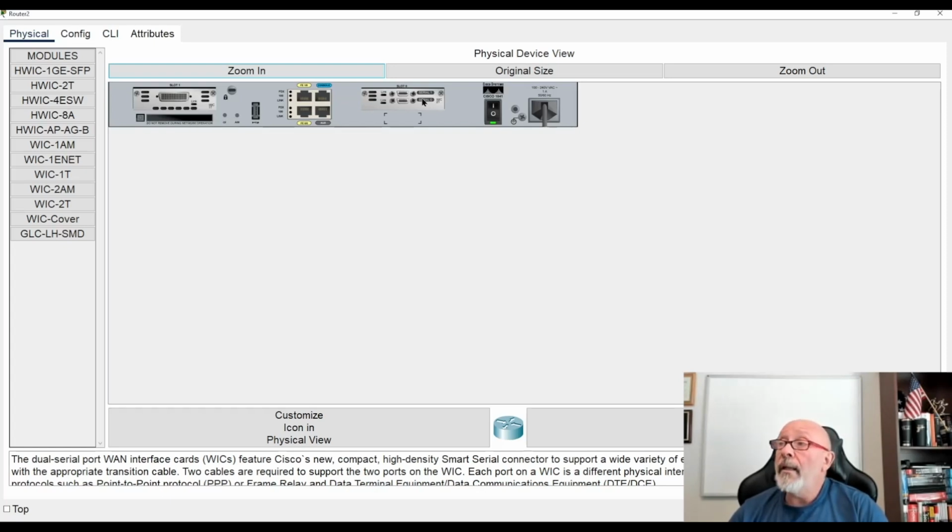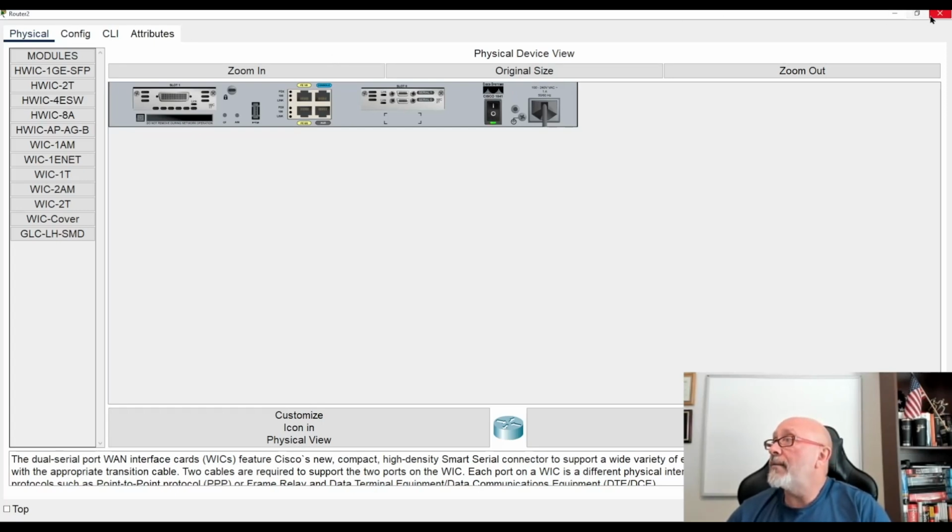Very fragile. Here, these are called smart serials. I don't know why. Okay. But you have more ports you can have on one router, and it has faster bandwidth. When we used to use these, you had to choose, well, not in modular routers, but in fixed routers, the S0, that was always the clock rate. All right. But we won't get into that. But this is the difference between WIC 1Ts and WIC 2Ts.